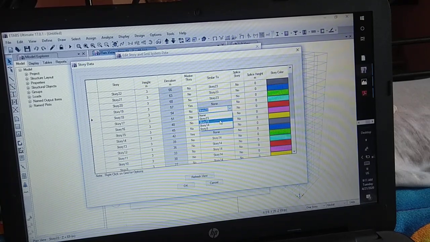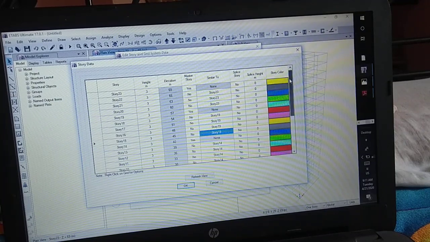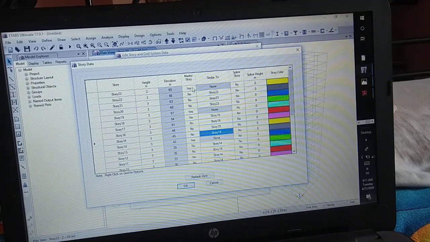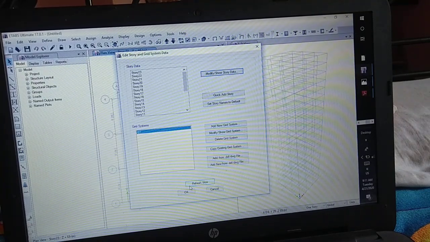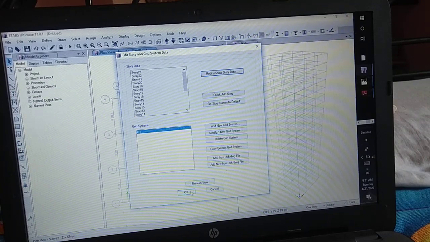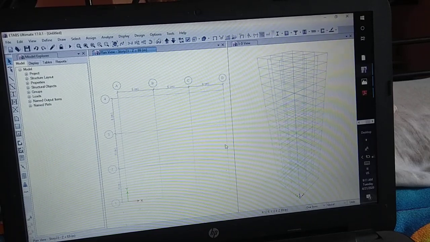Then another, story 20 to story 23. So these are our masters. So click on OK now. Now we have to add columns.